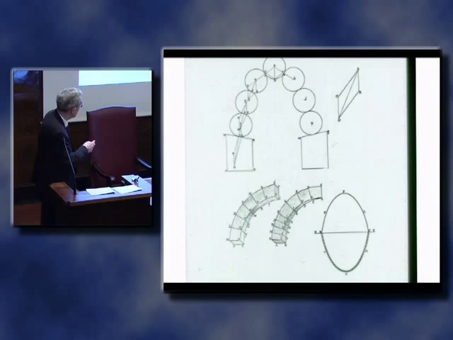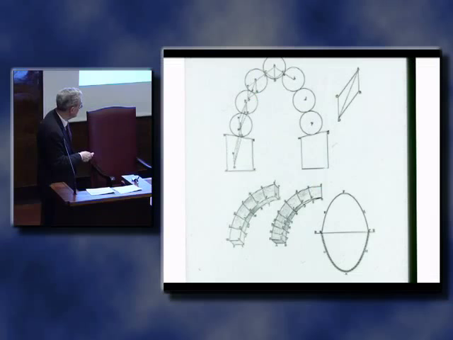Let's consider an arch cut out of the dome of St. Peter's. He knew all about the way forces were carried within an arch. See if I can find a set of forces lying within such a structure. And what he did